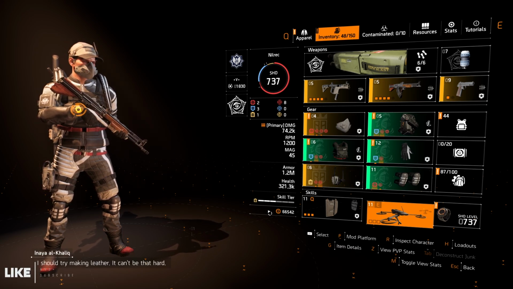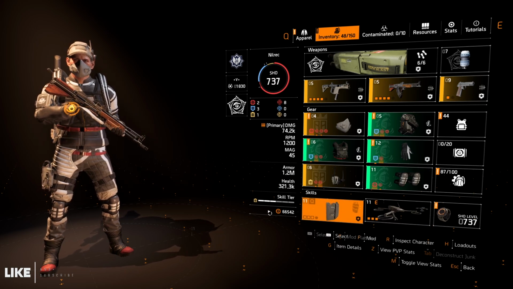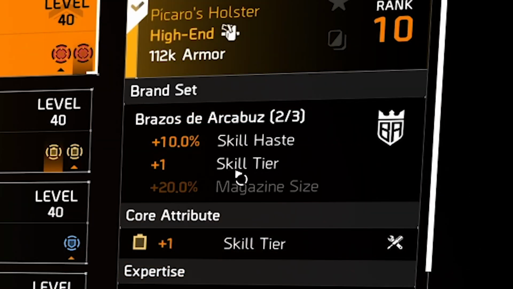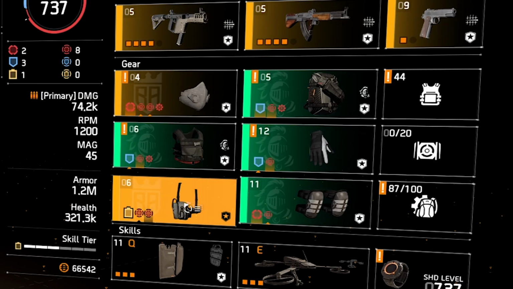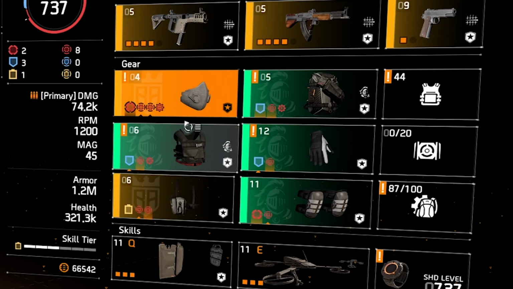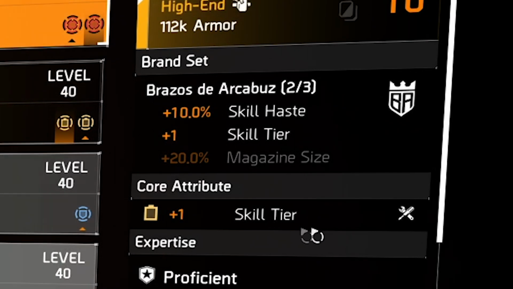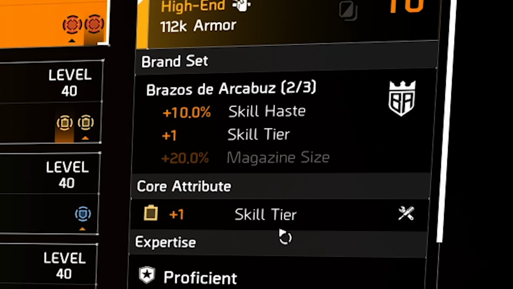So how do we get skill tier 3? I went for this named item. It's called Picaros holster. The 2-piece bonus gives you 1 skill tier. Since we're wearing technician, we have skill tier 2, right? And I rolled it to skill tier. The other piece is on the mask here, the Brazos the Arcabus. So in total we are having 1 skill tier here, another skill tier here as the brand bonus, and